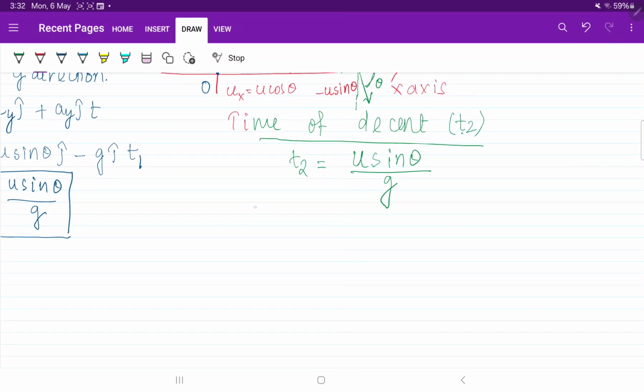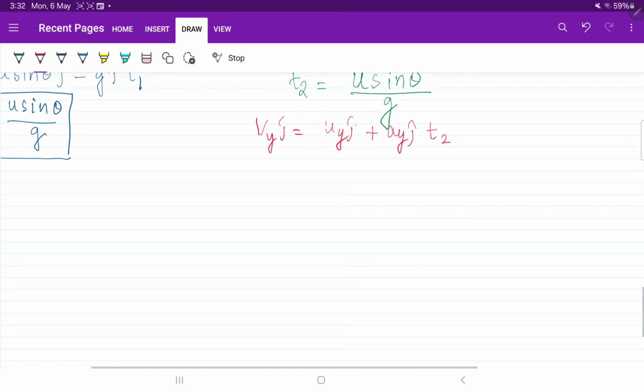Let's write the equation again. Vy j cap is equal to Uy j cap plus ay j cap into t2. t2 is the time of descent. Final velocity will be minus u sin theta,